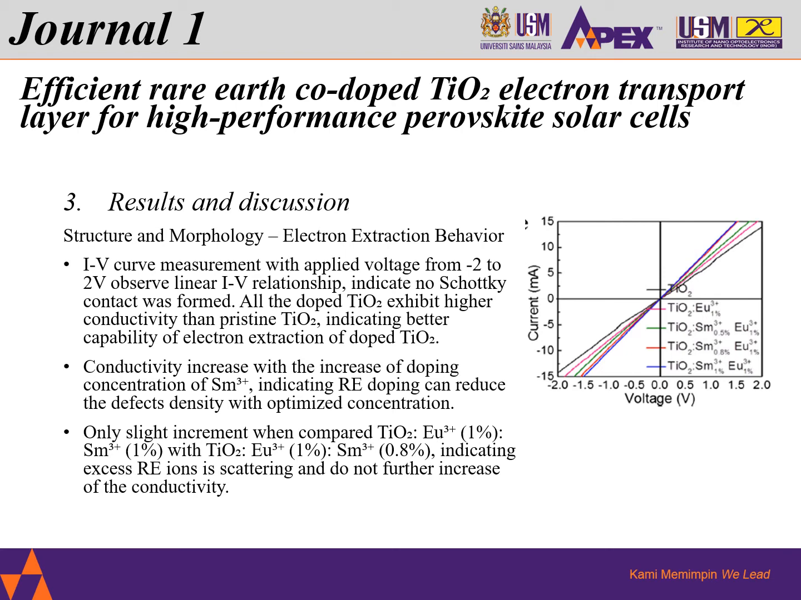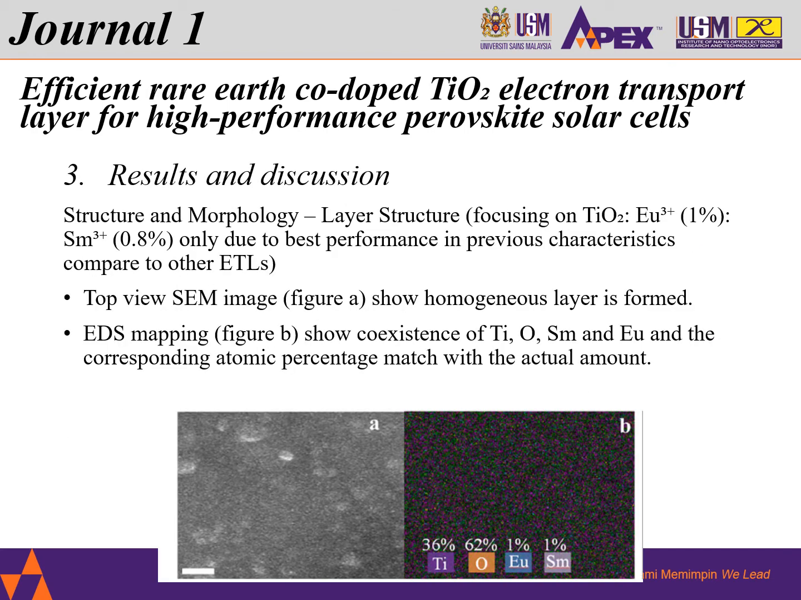So this indicates that the Re ion can reduce the defect density with optimized concentration. However, if you compare the ETL with 1% concentration of EU with the one with 0.8% concentration, the difference is not significant, because the excess Re ion will eventually scatter around and will not increase the conductivity further. So since from the previous characterization, we are already aware that the 0.8% concentration SM ETL will provide the best performance